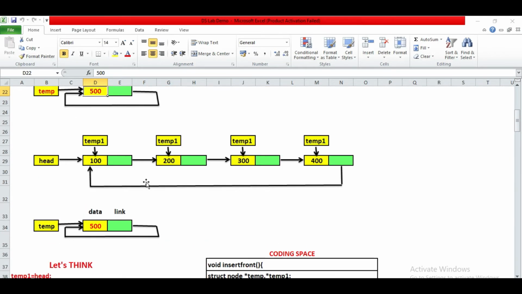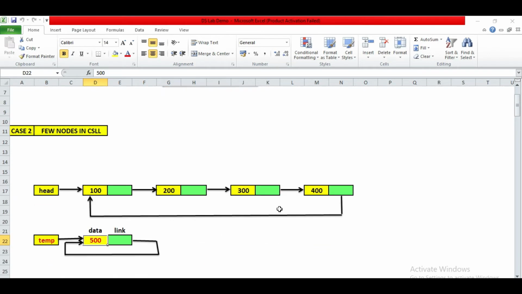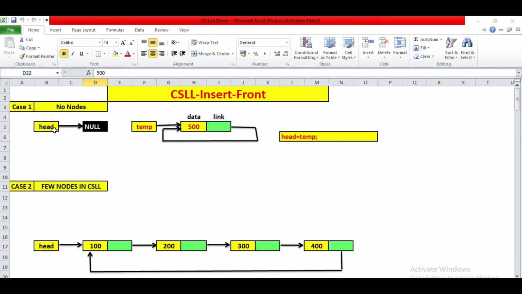So these two cases are there. We'll see the first case. If head is equal to null and your pointer temp is pointing to the new location in the heap memory, you have a node with the data 500 and a link which is pointing to itself. In that case, you have to point the head where temp is pointing. Whenever the head is null and you have a node, that node becomes the first node of this CSLL.